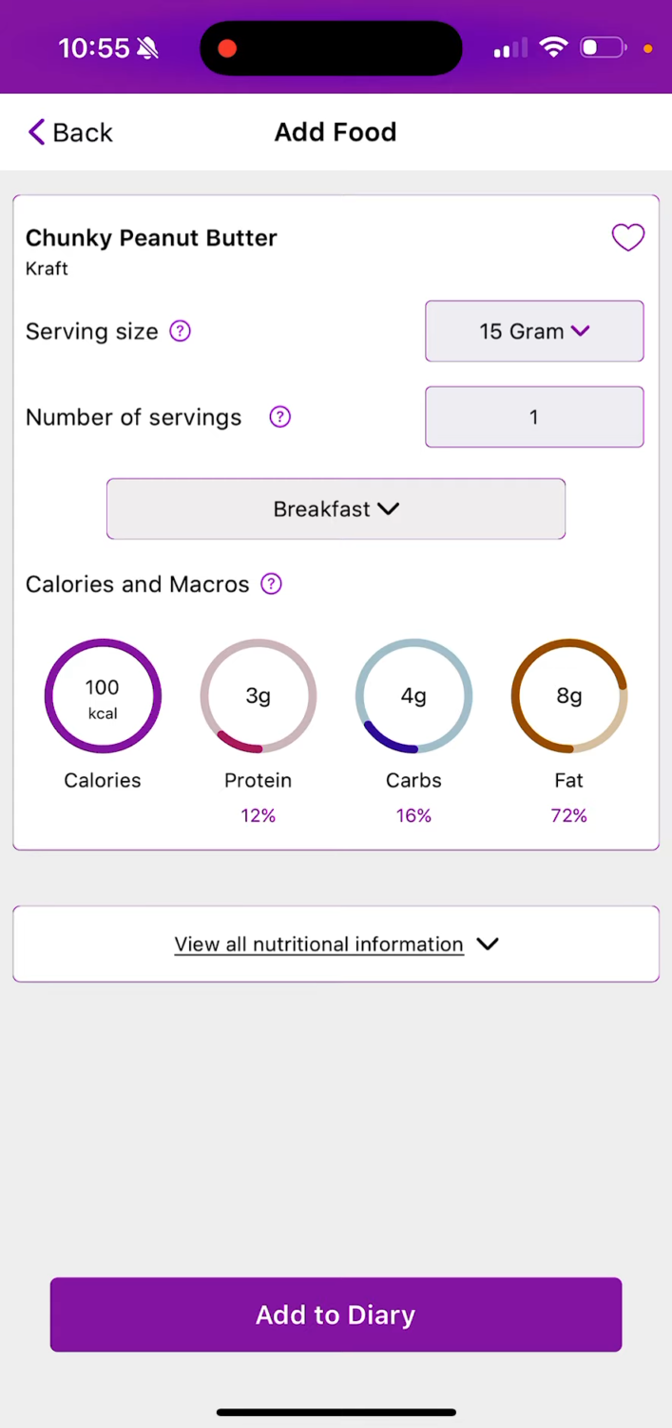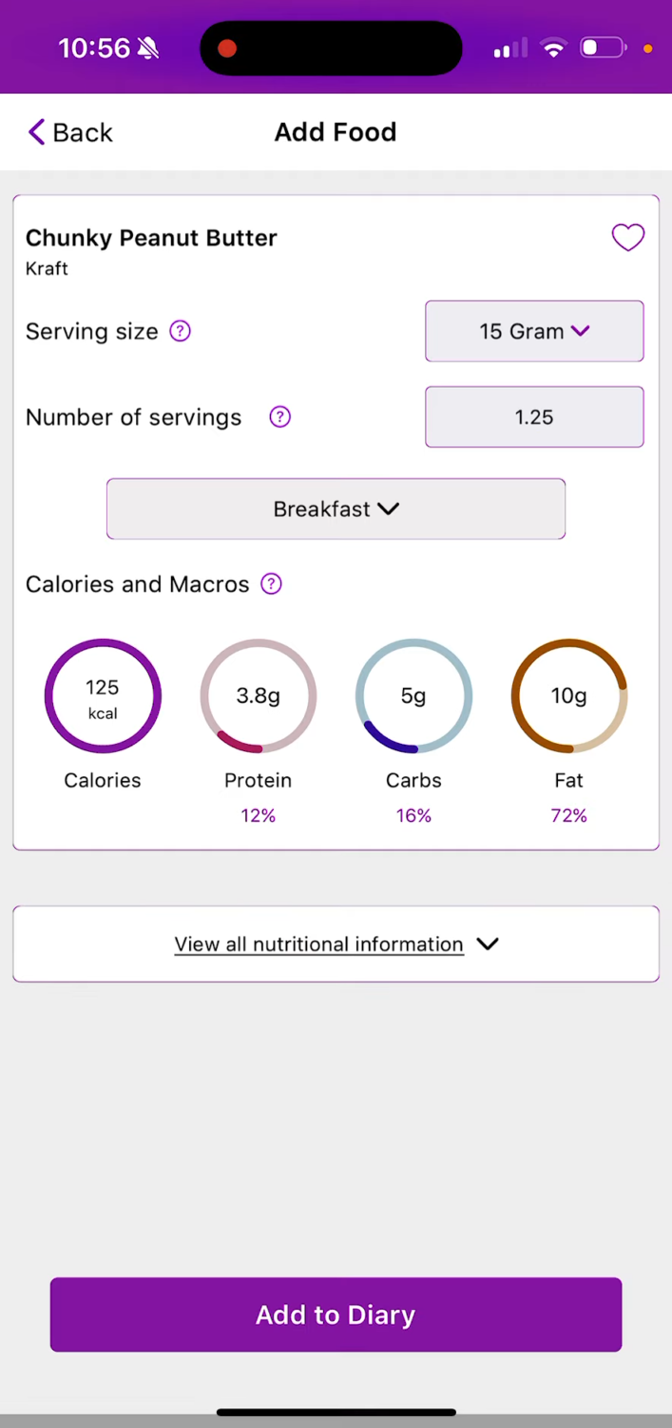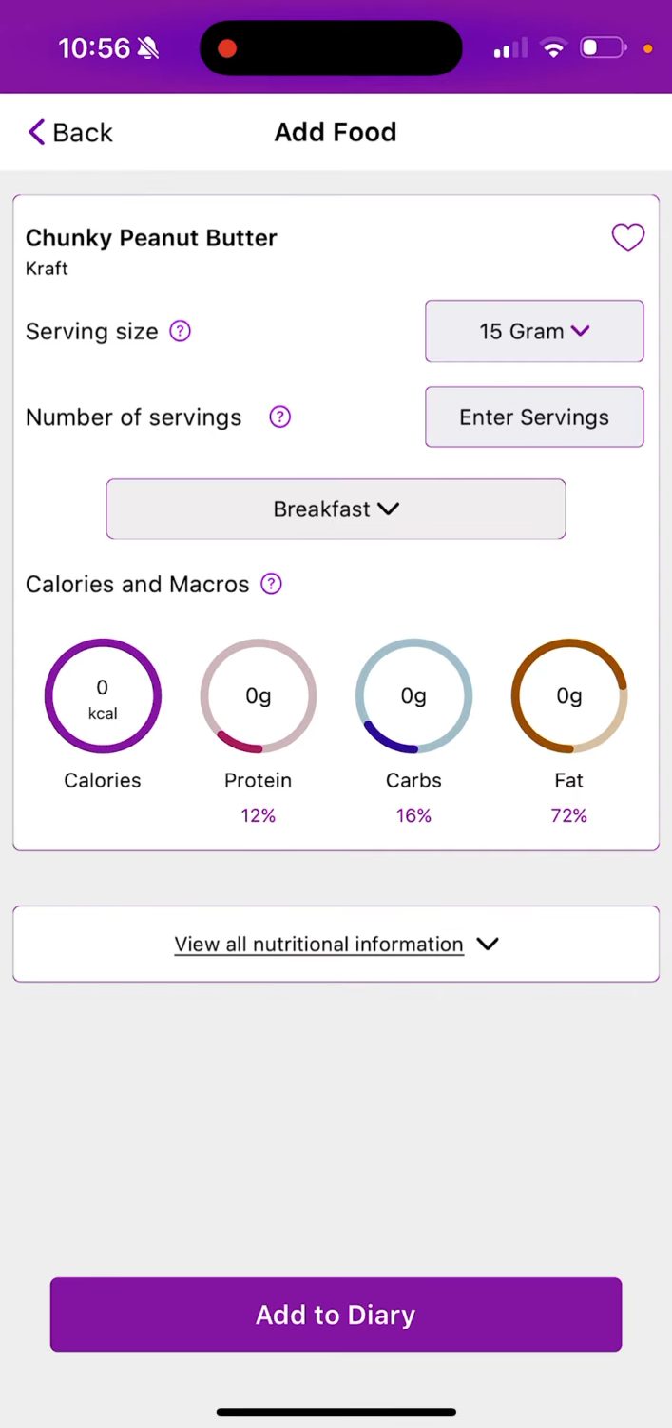The amount of math that would be required to do a portion of a serving, so if you were to put 1.25 servings to represent that, can get kind of funky and a little bit tricky. So instead, what we do is we hit the drop-down menu next to 15 grams, and it gives you the option to bring that serving size number down to its lowest common denominator. It allows you to take it down to 1 gram, and then you can enter in whatever the scale weight